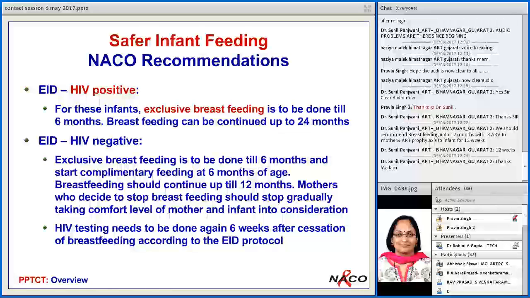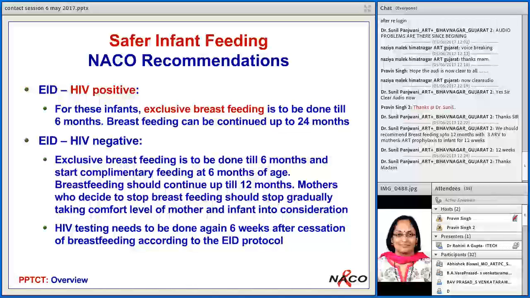These WHO guidelines say that for mothers who are on ART and adherent with their ART, the breast milk is probably nearly as safe as that of mothers who are not infected. So whatever guidelines are followed for mothers who are not infected, where they can feed their babies with breast milk as long as they want,